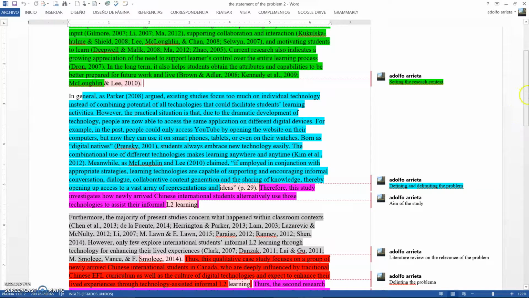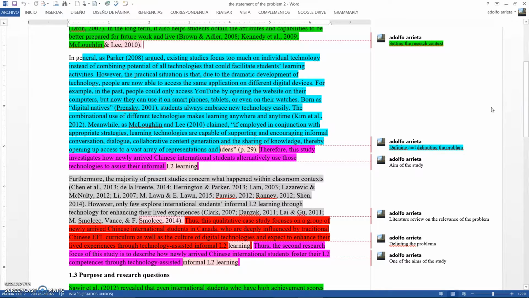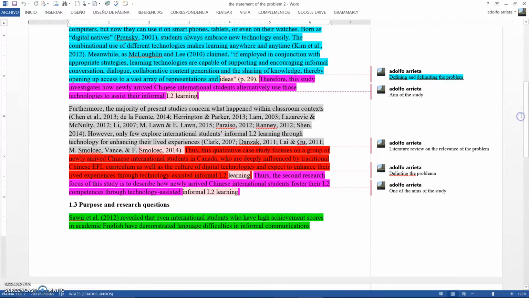And taking into account that situation, that description of the problem, he states the aim of the study here. He says that it is to investigate how newly arrived Chinese international students alternatively use those technologies to assist their informal L2 learning. He goes on, closing out more his research focus, and then he tries to